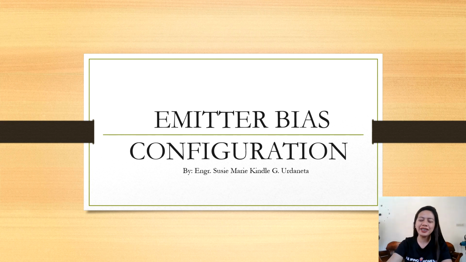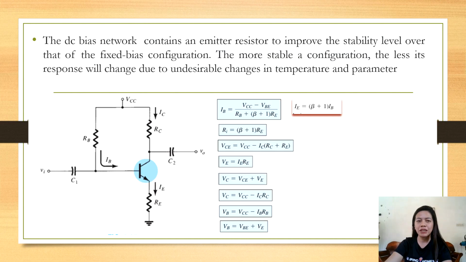Hi, good morning class. Today, I will be discussing the emitter bias configuration of a bipolar junction transistor, or the BJT. This is the continuation of our topic before about fixed bias configuration. Right, so what is this emitter bias configuration? The DC bias network contains an emitter resistor to improve the stability level over that of the fixed bias configuration, which means this type of configuration has a more stable result or output because of